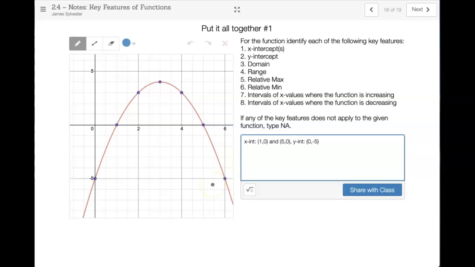You should double check my points, but either way, that's where they're at. And then I have